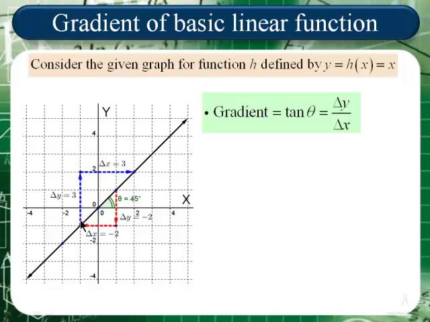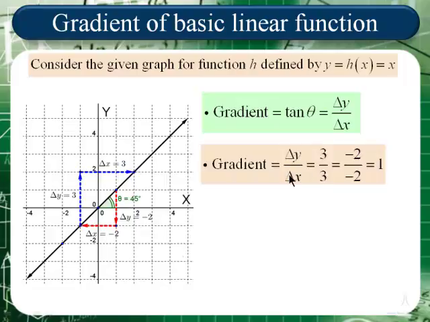So my change in the y direction is +3 and my change in the x direction is also +3. I've indicated the arrow here because a change can either be positive or negative. So it has magnitude as well as direction, and these are actually vectors. Now we can clearly see that the gradient is delta y over delta x, which is 3 over 3,